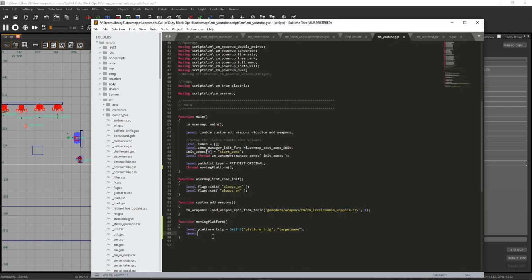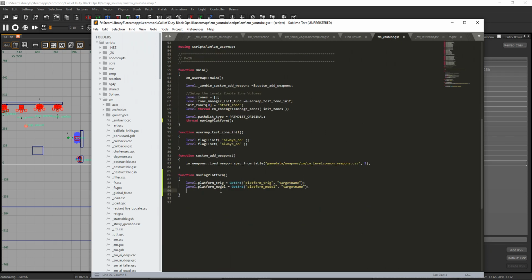Go back to your Sublime or whatever. Level dot platform model equals getent. Same thing, paste that there. Target name. So as this is going to be a really basic one, we're going to do a simple wait till it's activated, and it's going to cost no